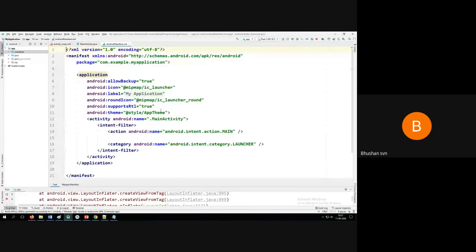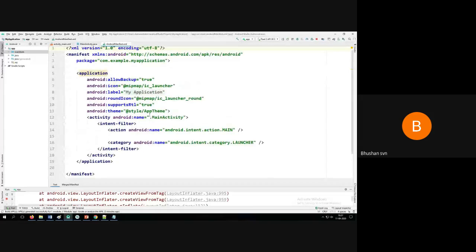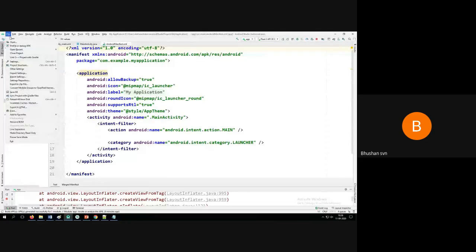If you click on each of these, you can see the inbuilt code written for this. So you are not writing any of these codes. See, there are so many options available here: activity_main.xml, launchers and all those things.